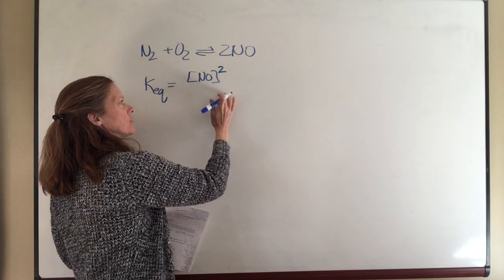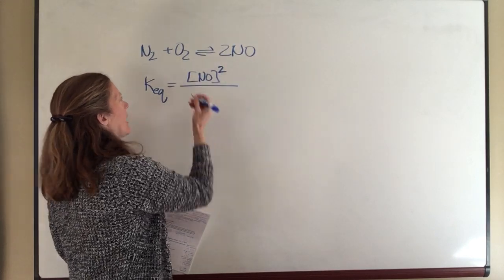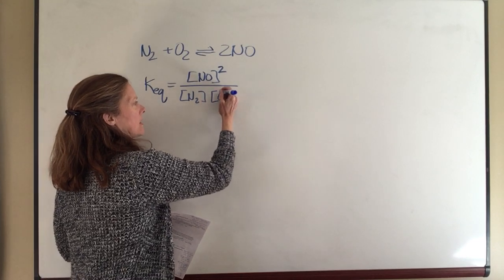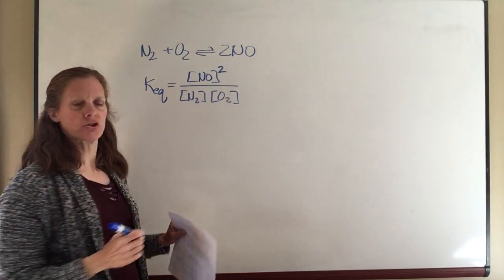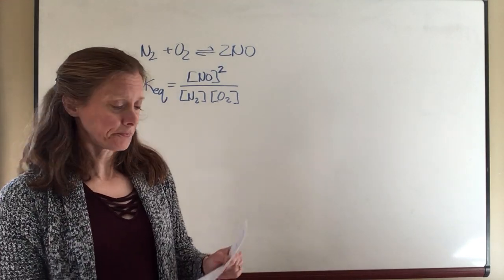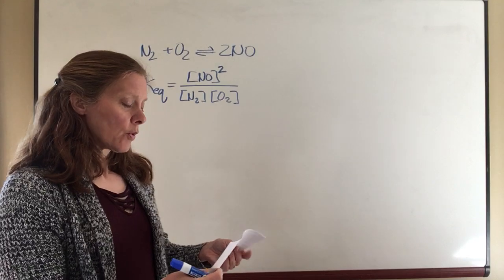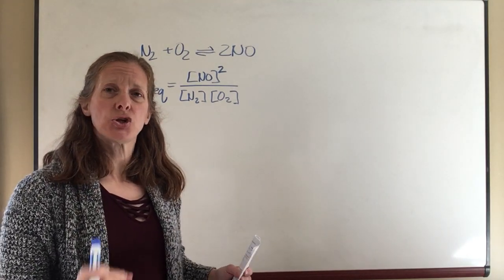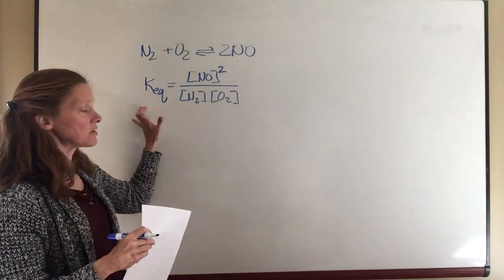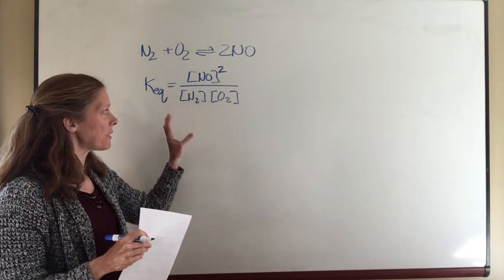So this concentration will be squared, and then on the bottom I will have the concentration of nitrogen and the concentration of oxygen. And just like we did before, those are all in molarity. We also talked the last time about how the units of the rate constant change. The units of the equilibrium constant are going to change also,